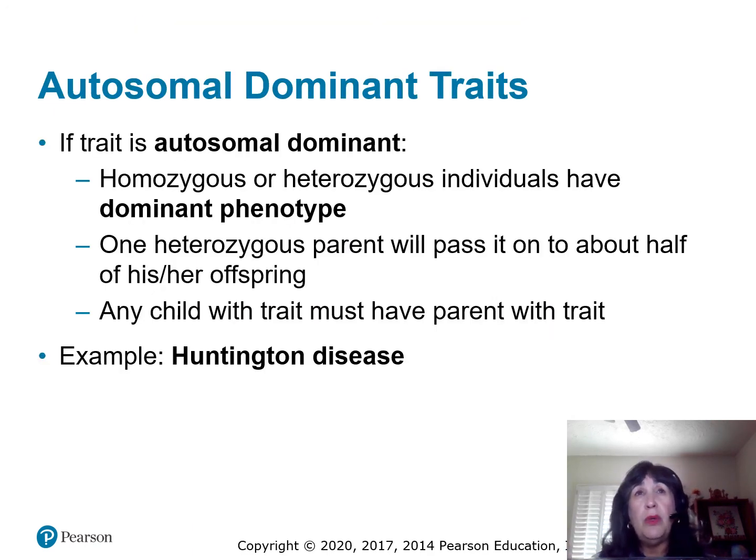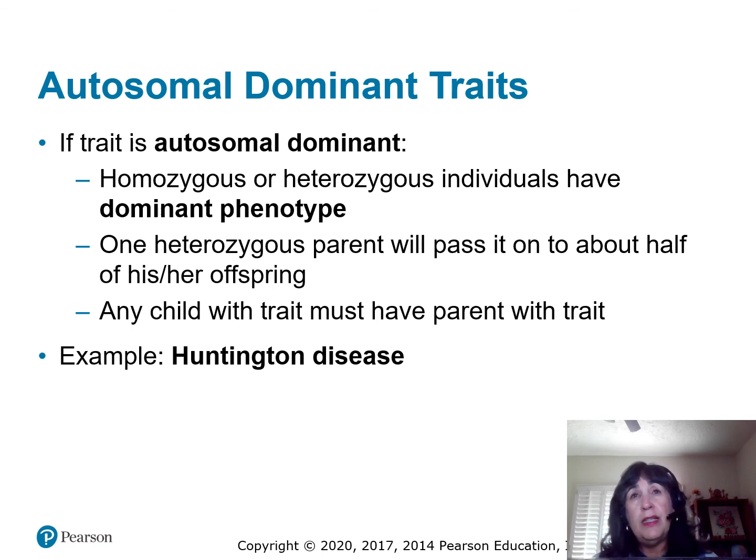Now let's go to an autosomal dominant trait. I'm just reminding you that autosomal means non-sex. So with dominant, you only need one allele for it to be expressed. And the classic example is Huntington's disease. Huntington's disease is a terrible genetic disorder where you slowly lose your mind, and you usually find out after you have children. So after your reproductive years, you actually see that it will be expressed.